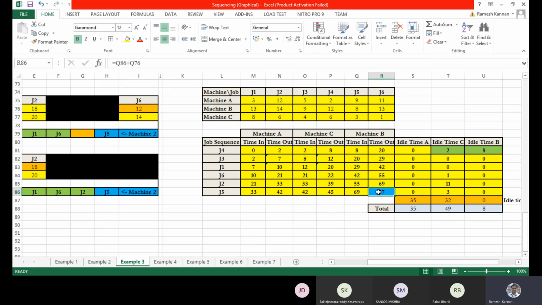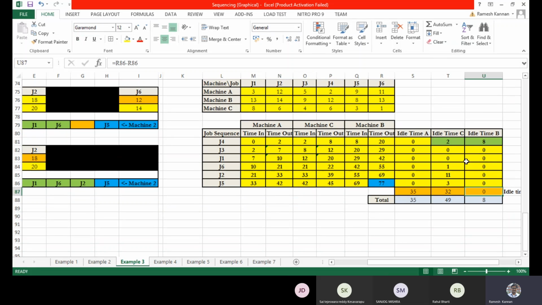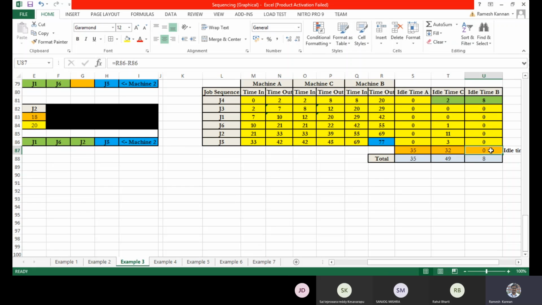So this has much significance. Then the idle time of machine A is called the finishing idle time. So even though the process gets over by the 77th hour, machine A gets over by 42, machine B gets over by 45. So the difference, 77 minus 42, will be the idle time of machine A. So this 35 is the result of 77 minus 42. And this is 32, which is 77 minus 45. That will be machine C. And 77 minus 77, the same value, is 0. So for B, there is no end idle time.